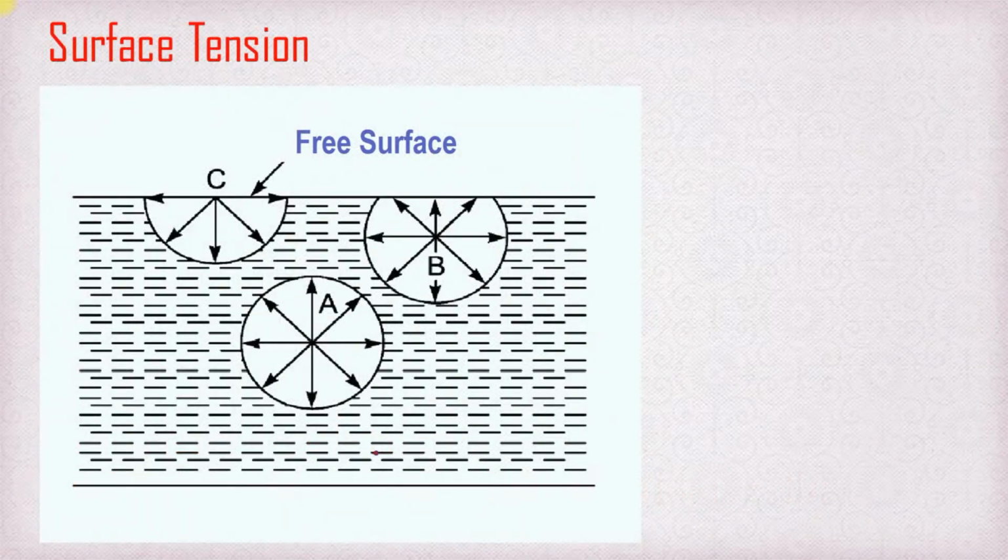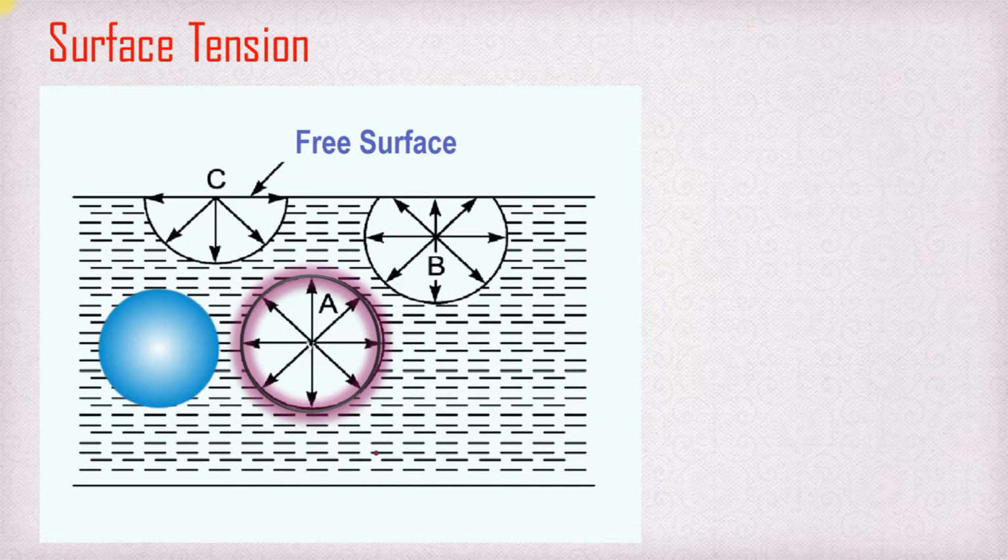To understand the concept of surface tension, here we are considering three molecules, molecules A, B and C, of a liquid in a mass of liquid. The molecule A is attracted in all directions equally by surrounding molecules of the liquid, because you can see that molecule A is fully submerged in liquid and surrounded by a number of water molecules. All these water molecules apply equal force on molecule A. Thus the resultant force acting on molecule A is 0.